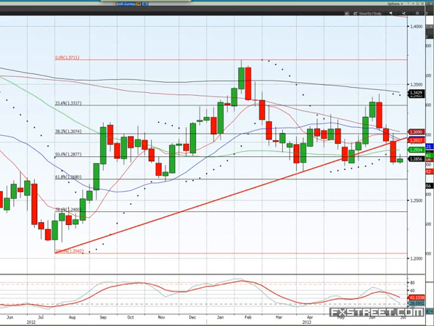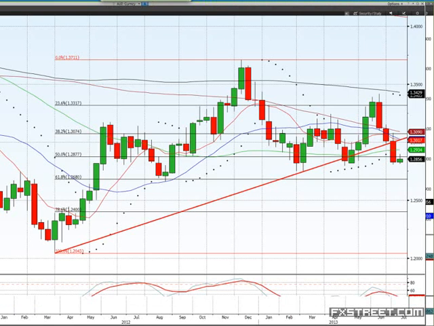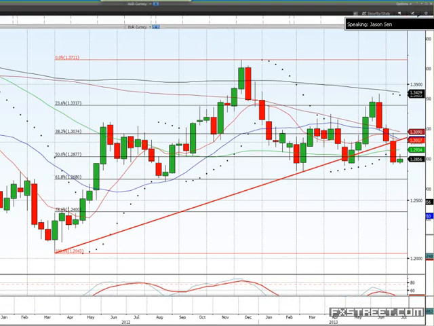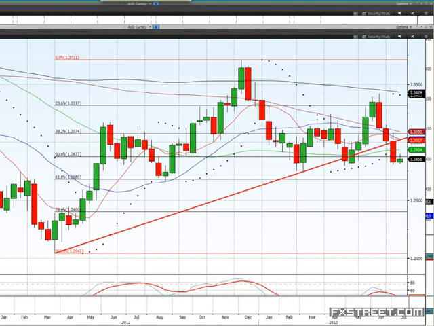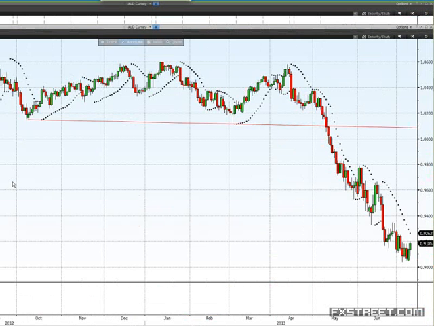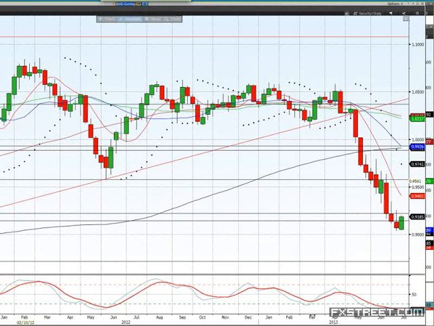What should we look at next? The Aussie looks quite interesting. I often get asked to look at that in these webinars, so I've got that on my list of things to look at, and it is getting quite interesting. So obviously we've had a big old collapse in the Aussie as well. That's been all over the financial news, so I'm sure you're all aware of that.